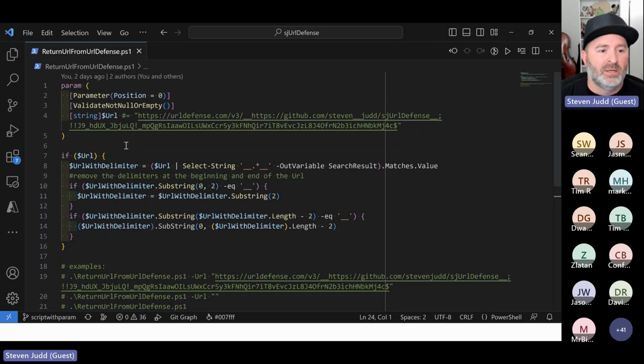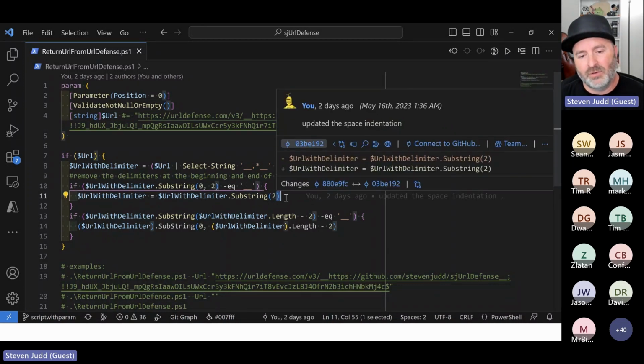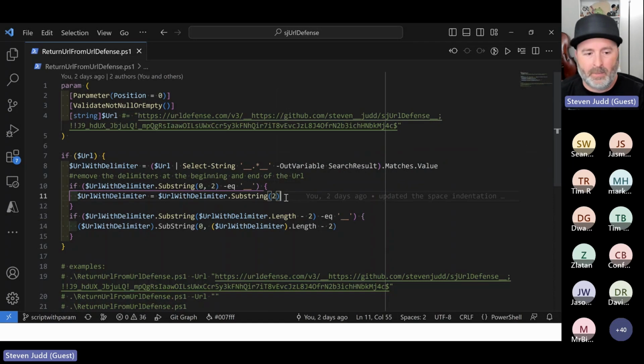So then if URL has a value, we say URL delimiter, we pipe it in here, we're getting the value, and then we remove the delimiters at the beginning and the end of the URL. So we substring, notice this time I'm saying start at 0 and go to 2. If that equals double underscore, then substring 2. If you don't put a value on here at the end, it says go forward 2 and then go to the end.